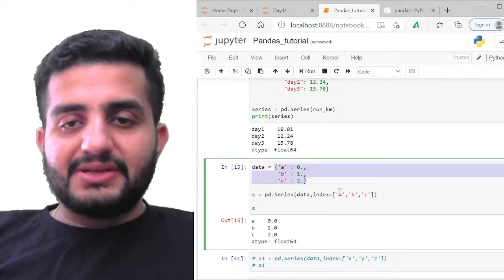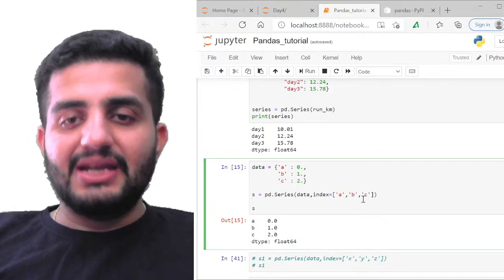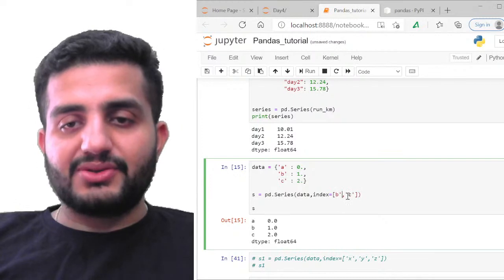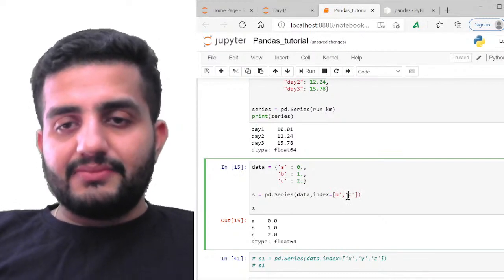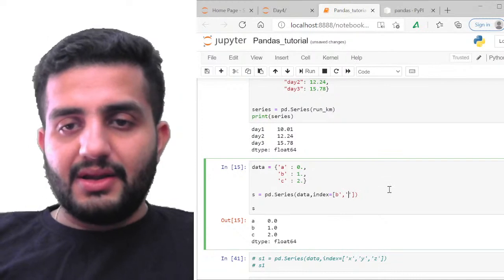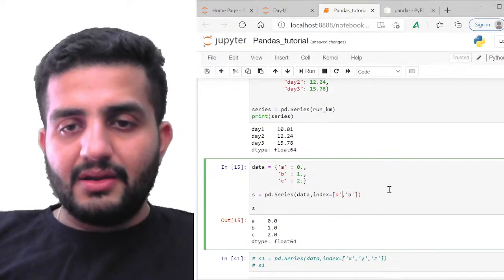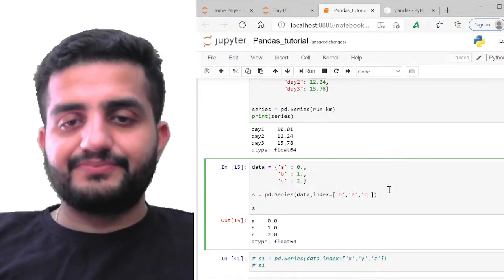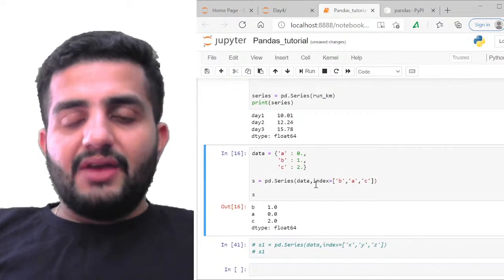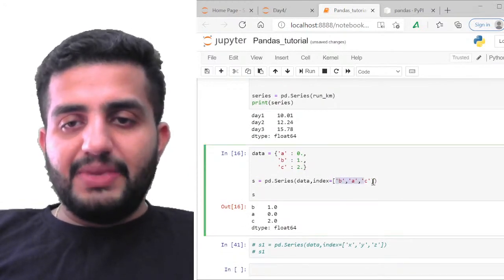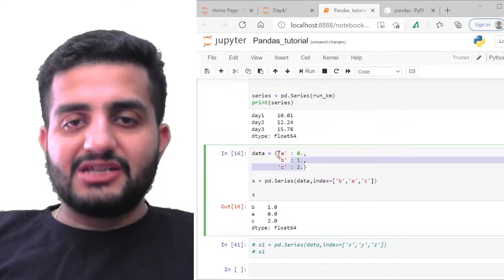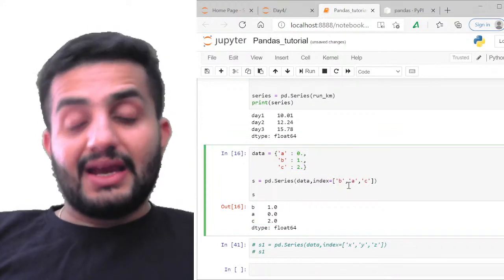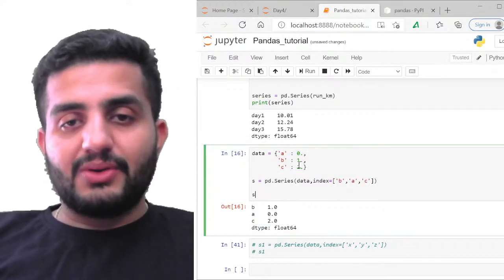And here again, I'm specifying the indexes A, B, and C explicitly. Even if I don't give it, I can still have it. But what if I just reverse it here? So B, then A, and then I'm going to add C at the end. Can you see this? When I have given the order BAC, the same data has been arranged in BAC order, right?